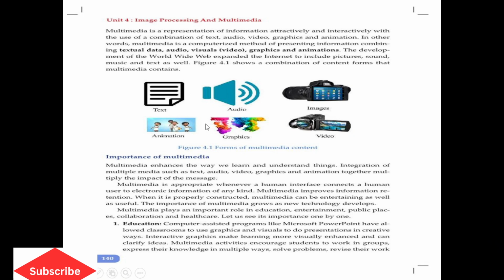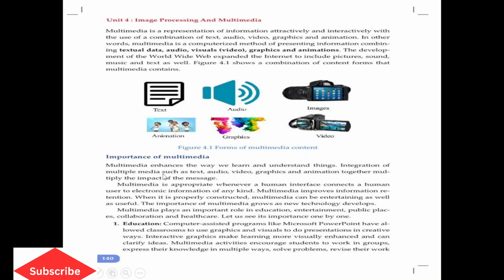The text you can get in text form, in audio form, in image form, or in multimedia as animation, graphics, video, or a combination of these. In general, the figure shows us forms of multimedia content.